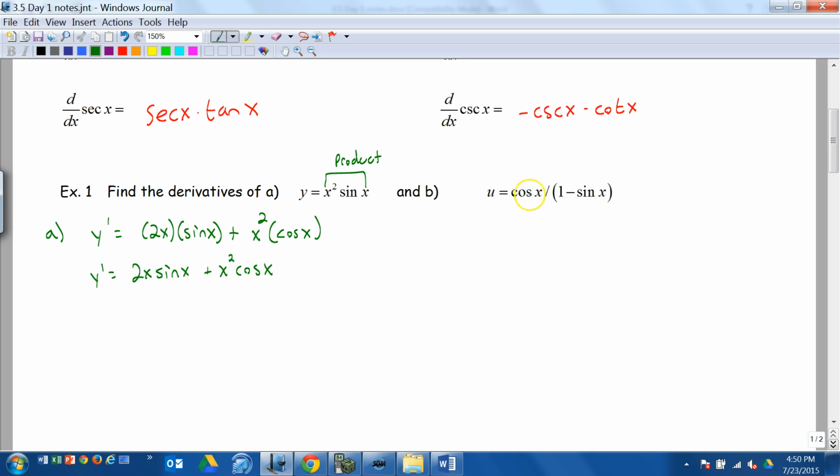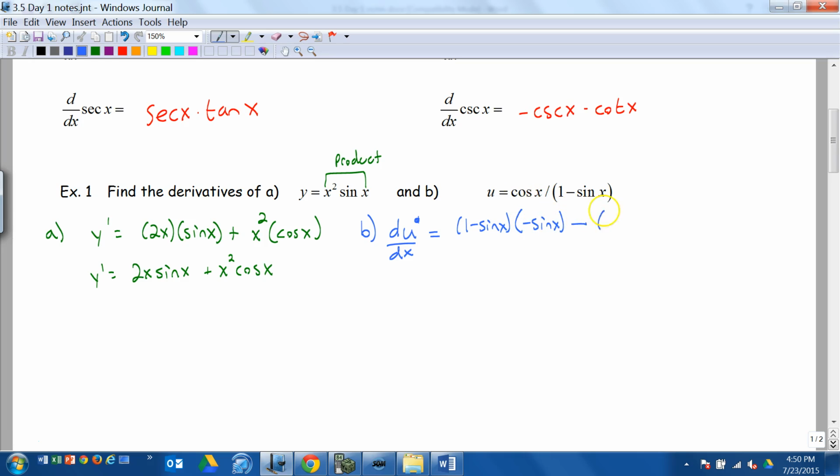All right, this one here is a quotient rule. So for part B, u prime is equal to, and actually maybe I should just say du dx. That really doesn't matter. It's a quotient rule because you're dividing. Remember, it's low times the derivative of the high minus high times the derivative of the low, over the square of what's below. So it's going to be low, 1 minus sine of x, times the derivative of cosine of x, which is negative sine of x,